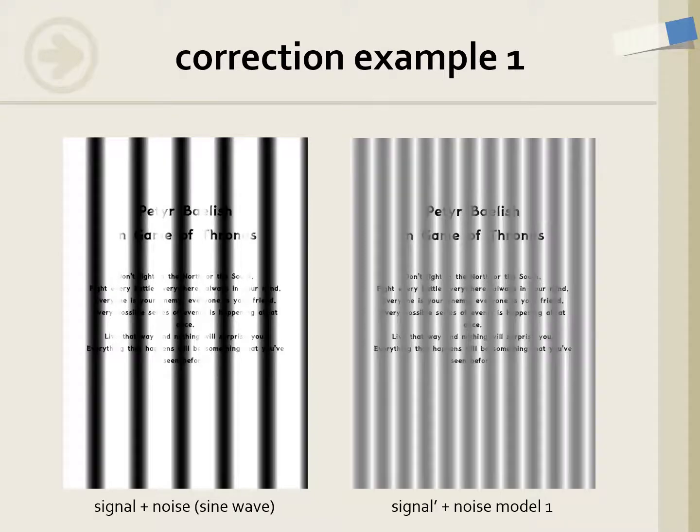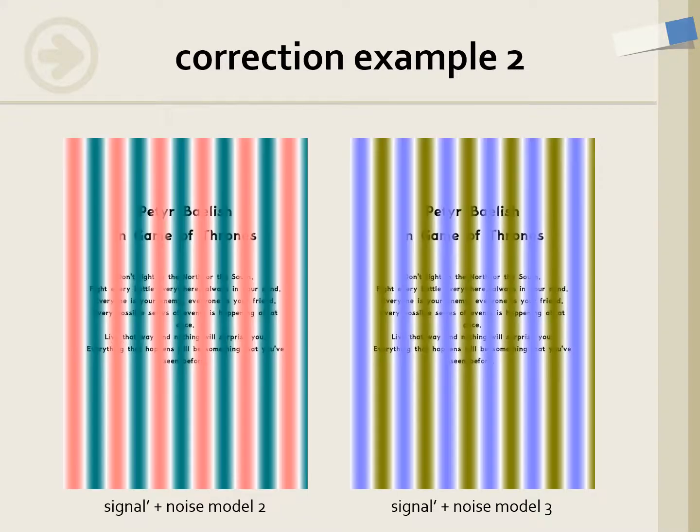This is a correction example. We added a 180-degree phase shifted sine wave to this image. Then it was somewhat easier to detect the original signal, so we can think it's stochastic resonance. Please note that there could be a lot of different ways to correct the image. There are different noise models.